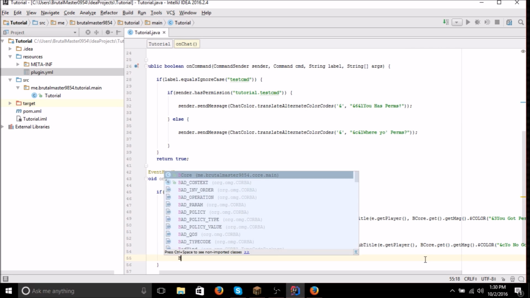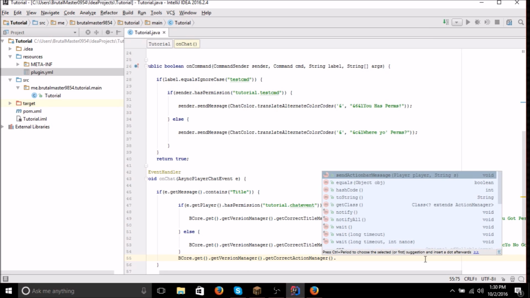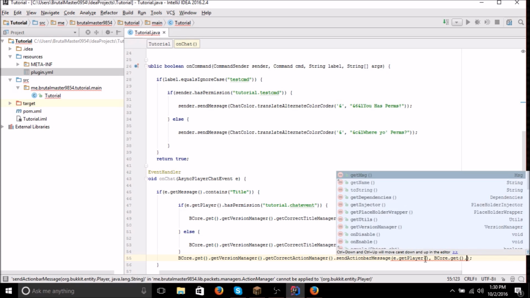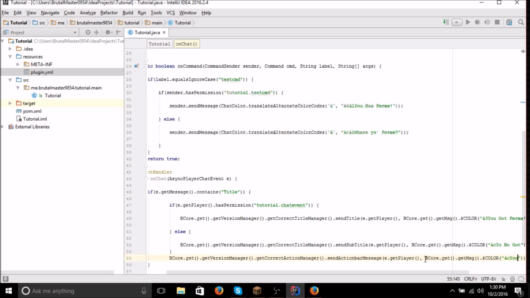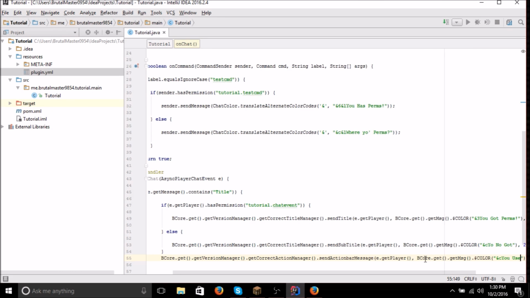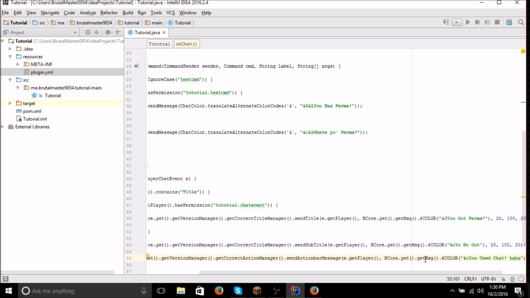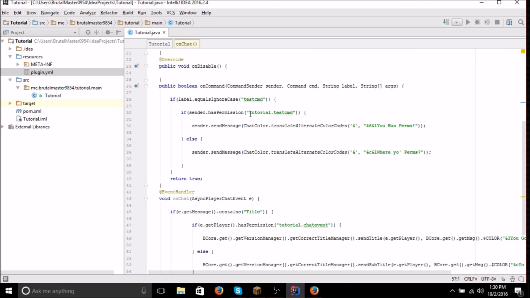And then, just because I can, I'm gonna get my version manager, action bar, send action bar message to... Alright, so then I'm gonna say, you used chat. Alright, simple as this. So you might be thinking, if I can register the command's permission in the plugin,